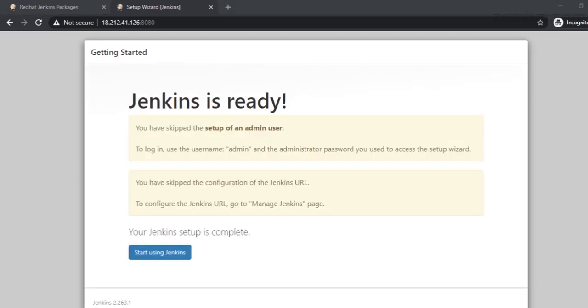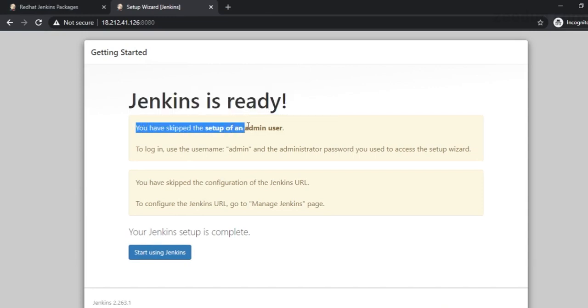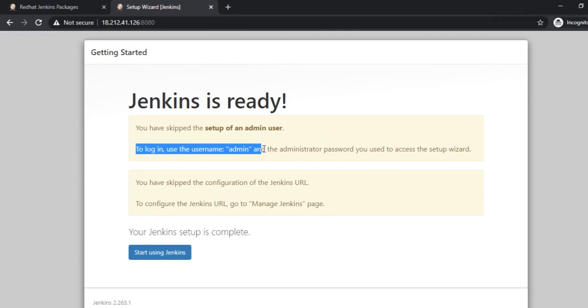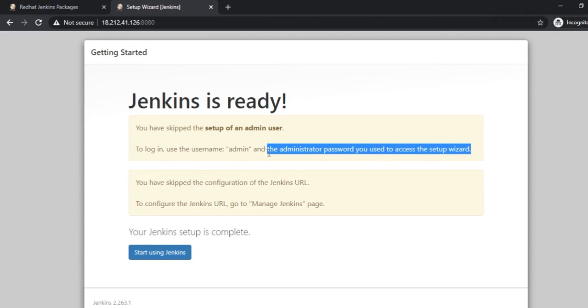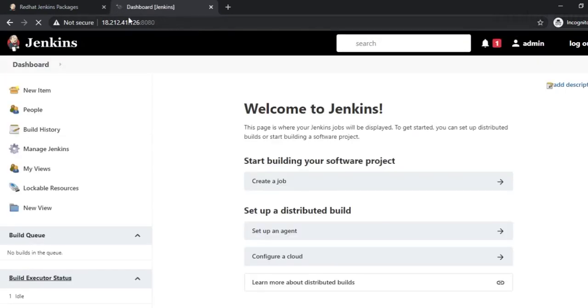and it should be done. Now from here we come to this page, and this is telling us that our Jenkins is ready for use. Okay, it is also warning us that I have skipped the setup of an admin user, and you can create your own admin user and this warning will not show up. So it is telling us to log in using the username admin and the administrator password you used to access the setup wizard. Okay, so we will start using Jenkins now,